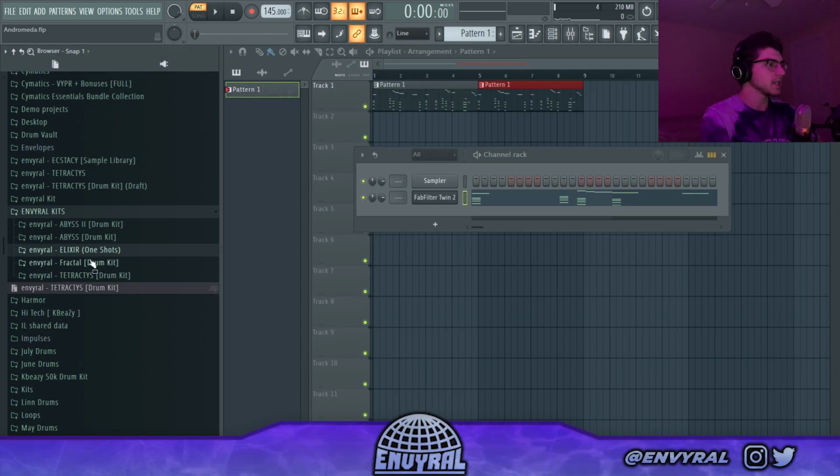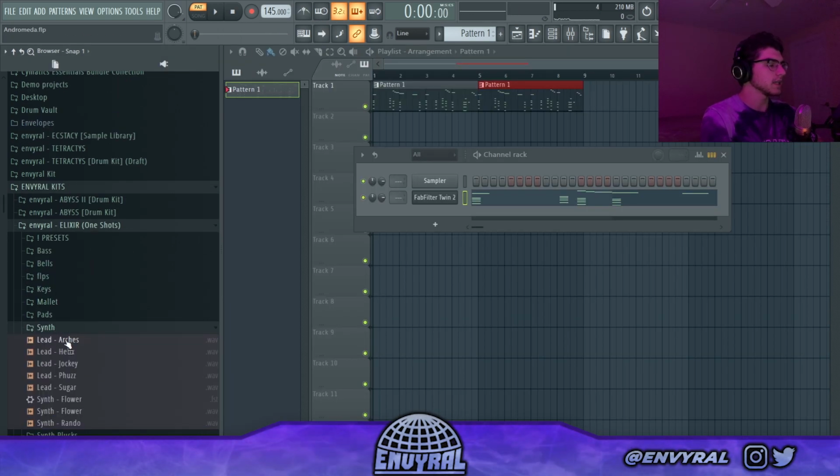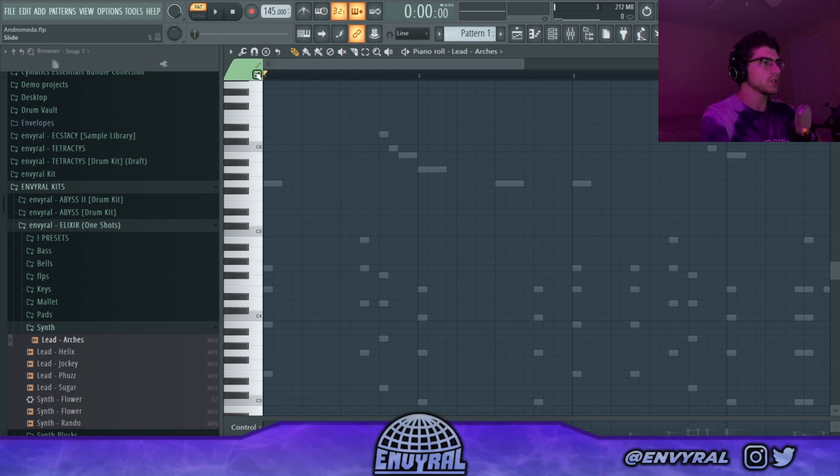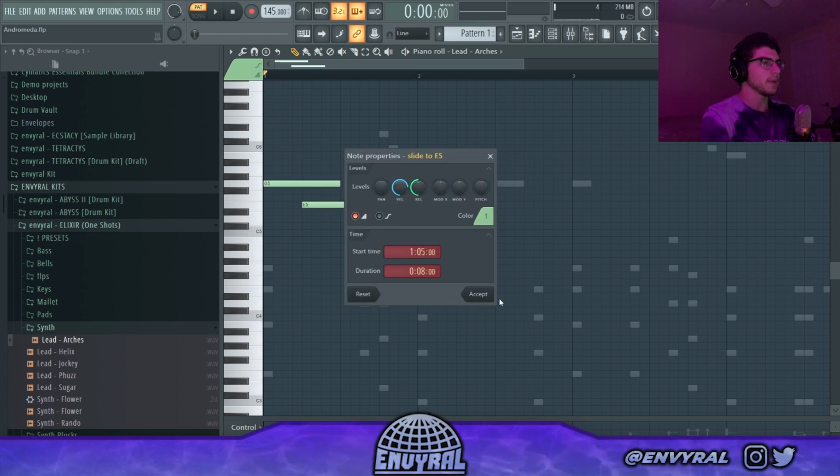Alright, so for the second tip, I'm gonna go into these one shots and get like a lead or something. The second tip is you want to have notes that slide, and you do that in the piano roll with this slide button over here. So if I make this a slide note,